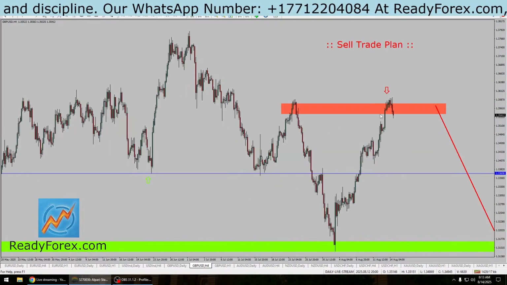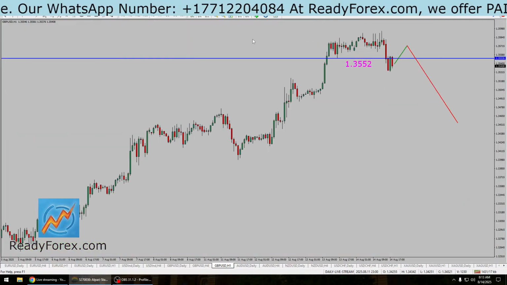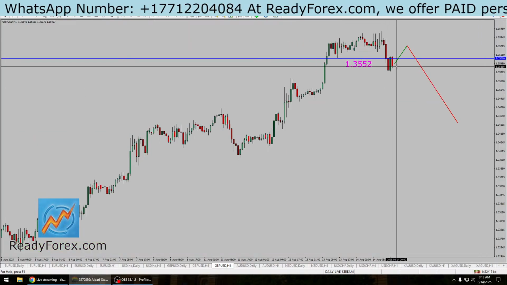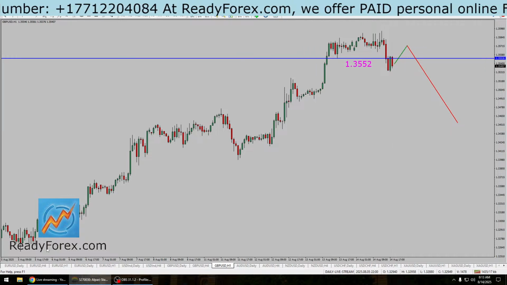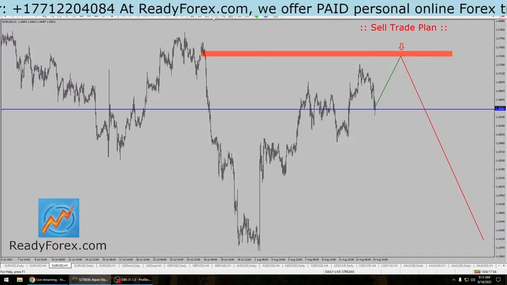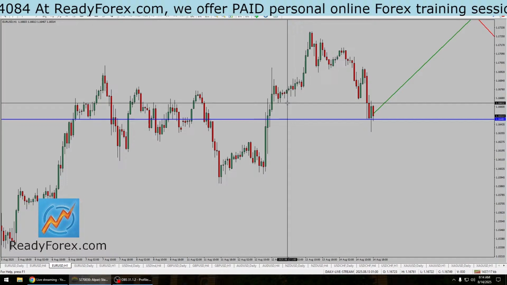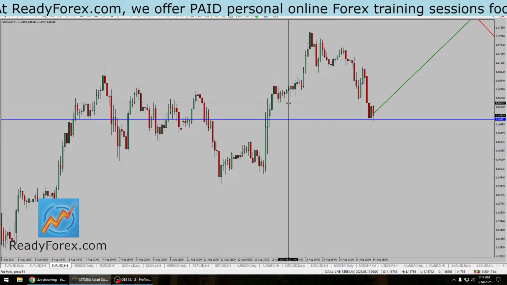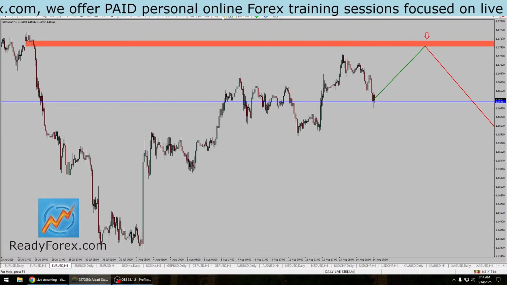And this was my sell trade plan here. So wait for kind of a lag over here in the GBPUSD currency pair. Let's go back to the euro. So euro is also trying to show us some sort of a pullback type scenario over here. Actually, let's check out the